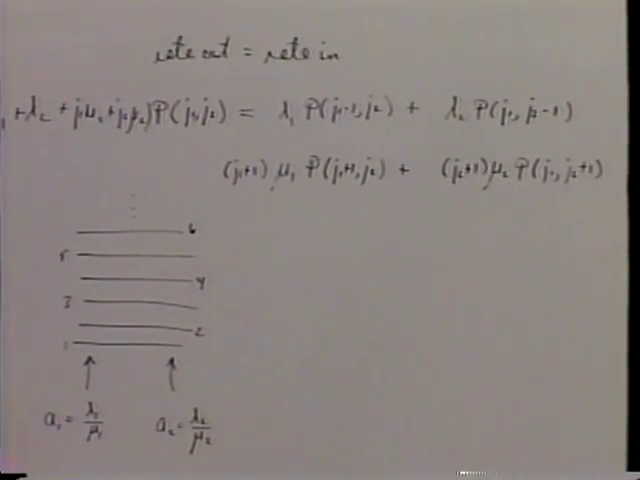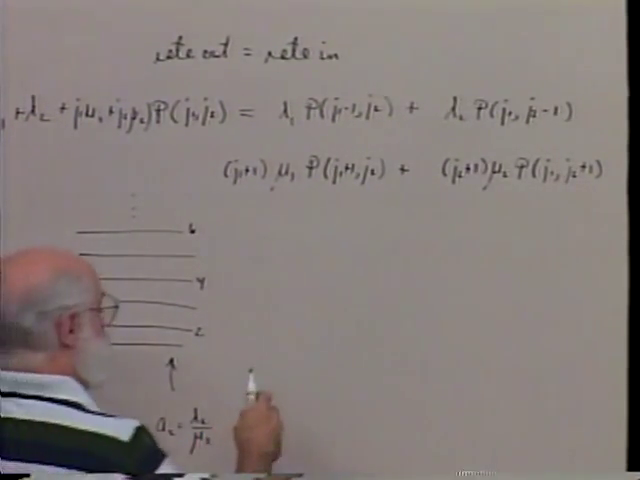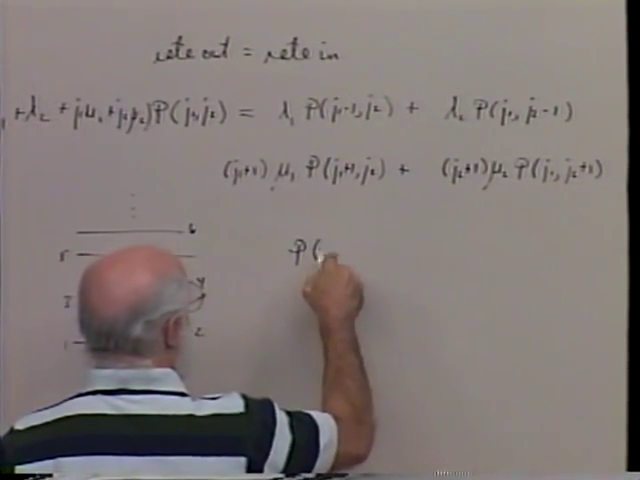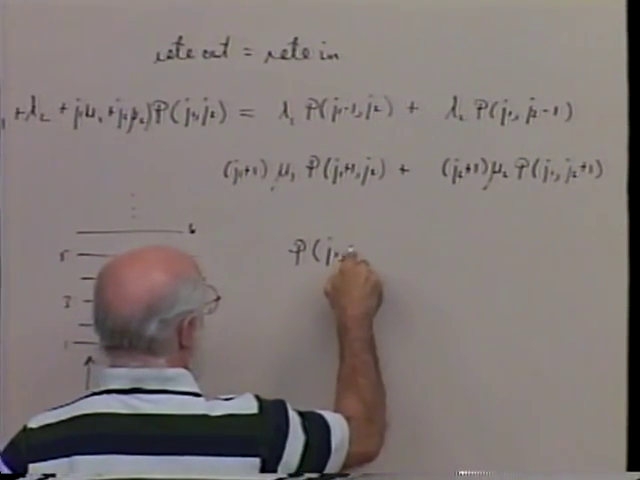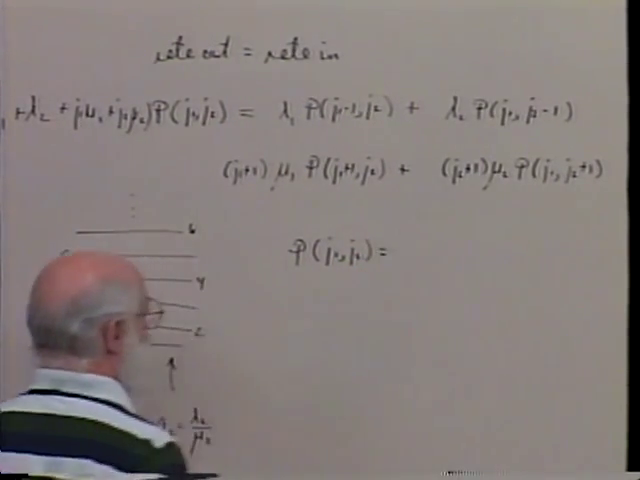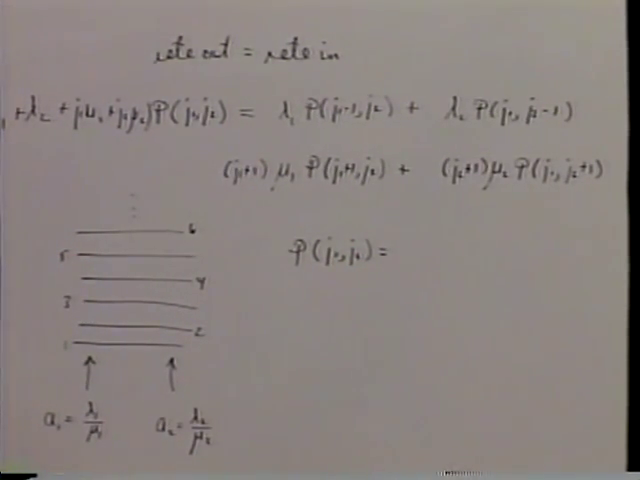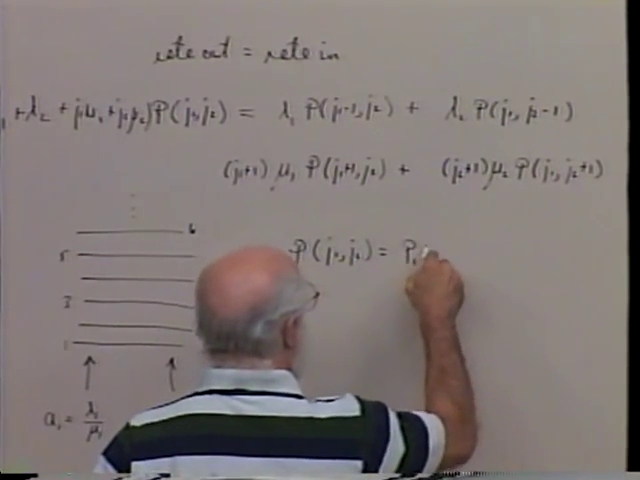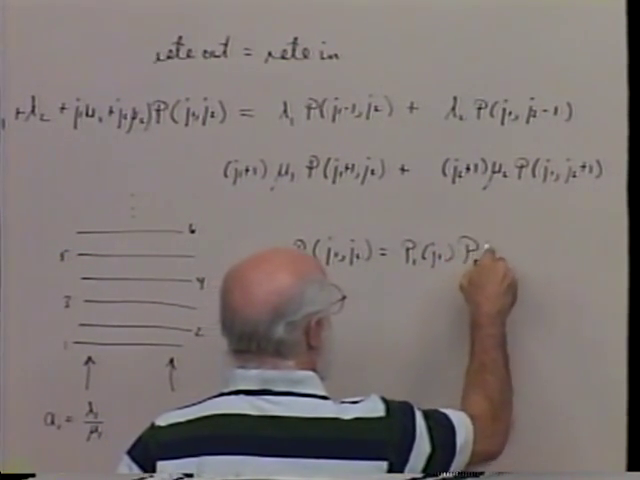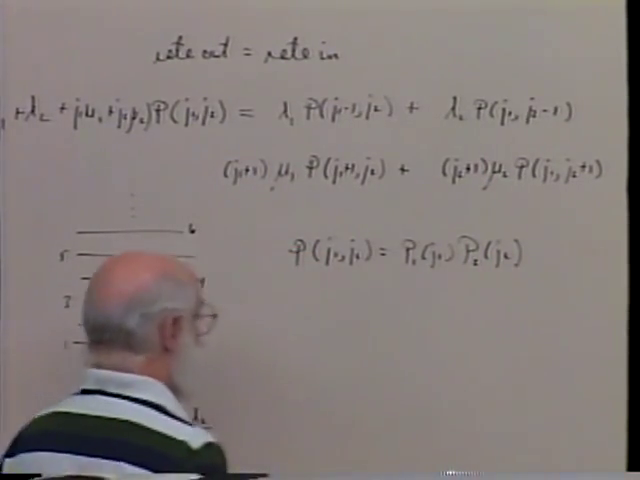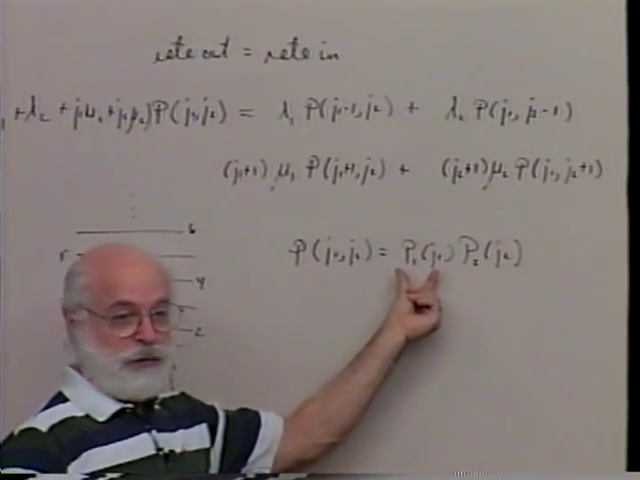So obviously, the number of customers from stream 1 and the number of customers from stream 2 are independent of each other. So the solution should look like this. It should be true that the probability that I'm in state J1, J2 is equal to the product of the marginal probabilities for each stream because they're independent since they don't interact in any way. So this should be given by P1 of J1 times P2 of J2, where P1 of J1 is simply the probability that